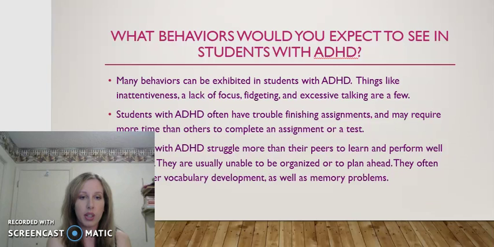And this is something that our textbook talked about, and you're really not giving that student an extra advantage over other students, which some people might be quick to think, but you're really just trying to help them do their best. As a teacher, you want each of your students to do their best, and so there's going to be times where you need to make accommodations for students, and certainly those with ADHD are going to need a lot of accommodations in the classroom. So giving them a little extra time to finish an assignment or a test could certainly be an accommodation.